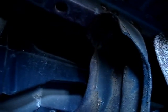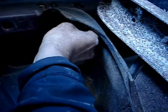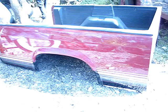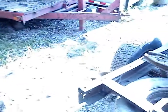And there is one more bolt over there. I'm just going to keep taking them off. One more bolt that is holding the truck bed. Alright, it took only 30 seconds to take the bed off. It's right here, and then we got the frame